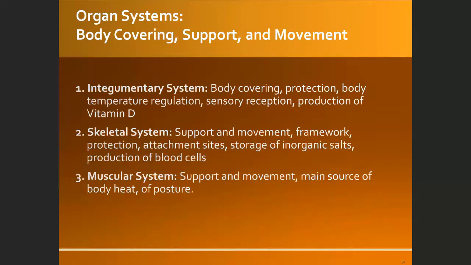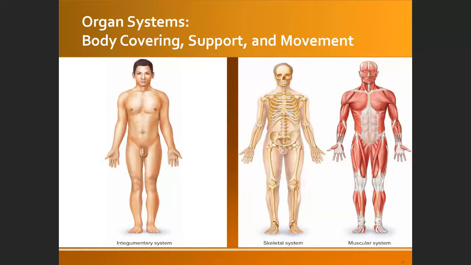Okay, so we already mentioned this. The first one, the integumentary system, consists of skin and some accessory organs like oil glands and sweat glands. The skeletal system consists of 206 bones. We will learn these bones by name later in the next chapter. And then the muscular system consists of at least 700 muscles. You can see this integumentary system, skeletal system, muscular system,